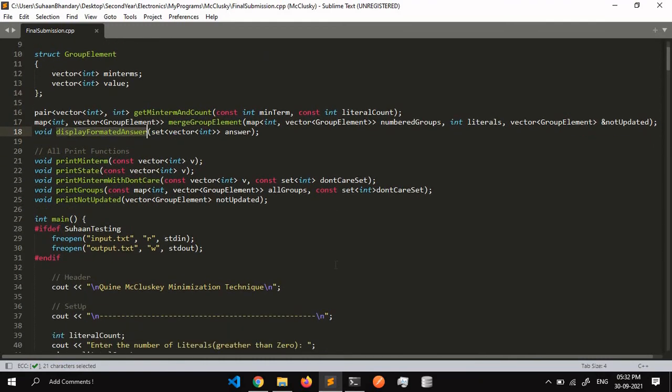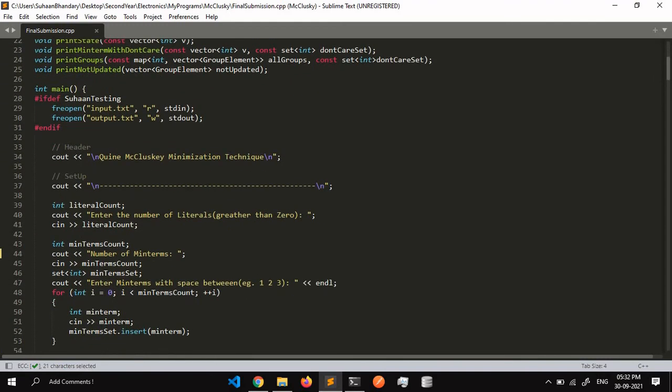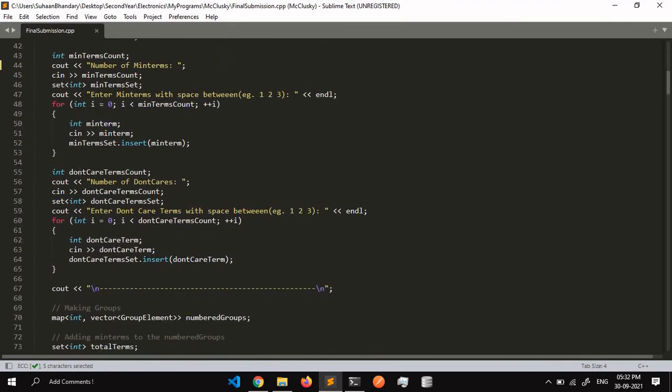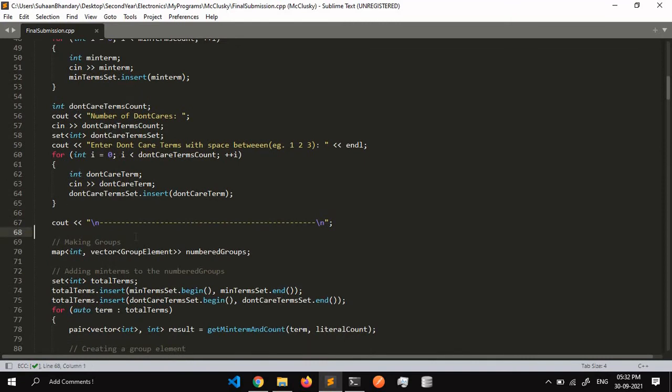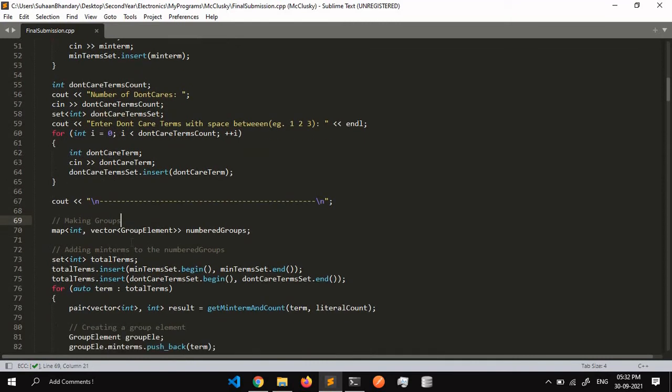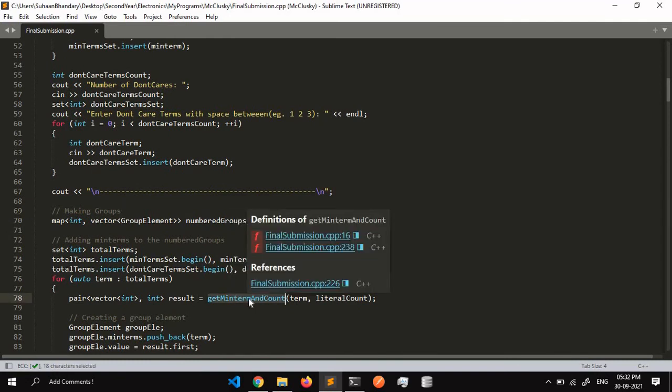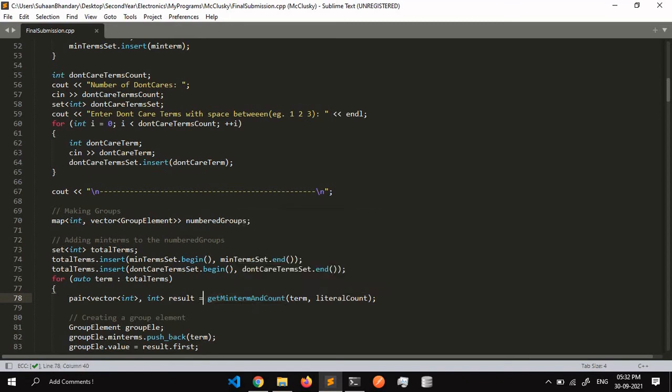And for the code itself, here is the header, then the setup, meaning we take numbers from the user, and then we make groups from the numbers. For making the group, we call a function minterm and count. This function uses bit masking to convert a number to binary, and bit masking is also used in creating subsets.